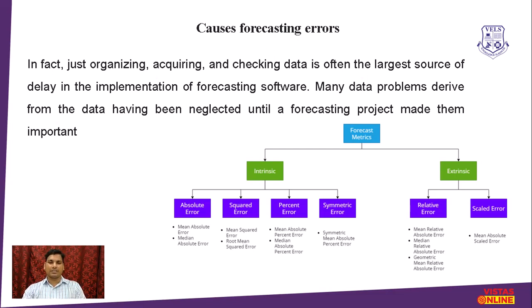Here in the picture you can also find that the forecast metrics are of two kinds: intrinsic and extrinsic. In the intrinsic, they are talking about the absolute errors. You need to know what the median is, because somebody may ask you during placement time, what is the median salary for the employees. Based on that, they will come up with an assumption of the salary an employee can get at the organization.